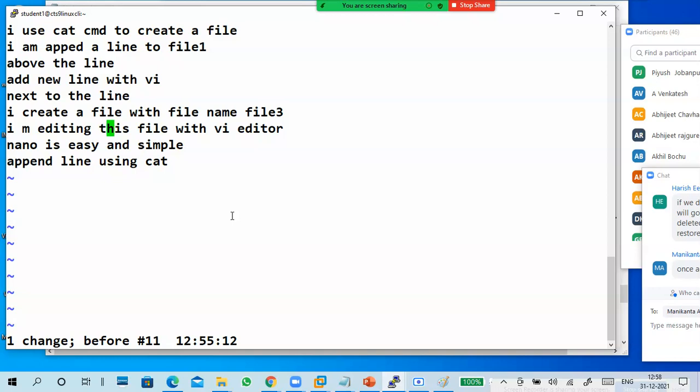But in command mode, capital X deletes the data just like a backspace.